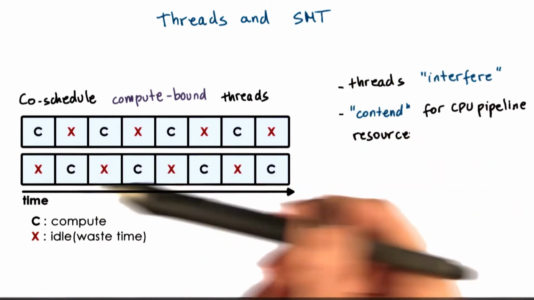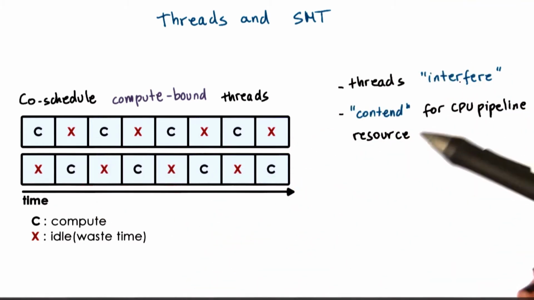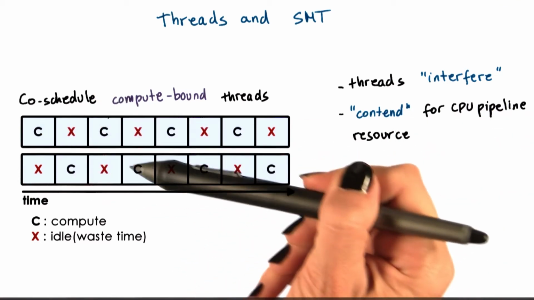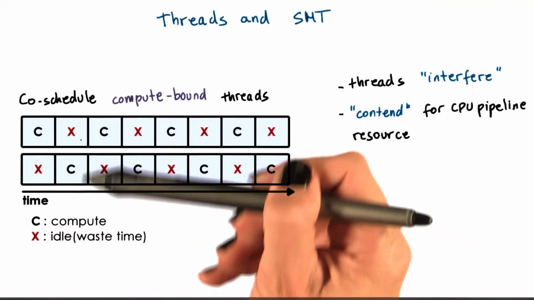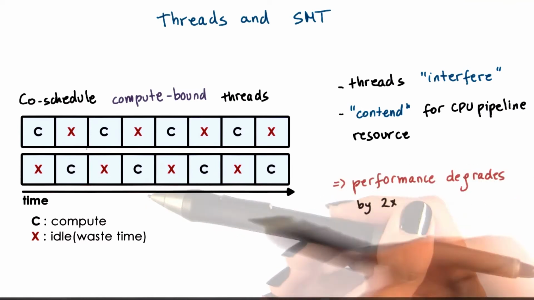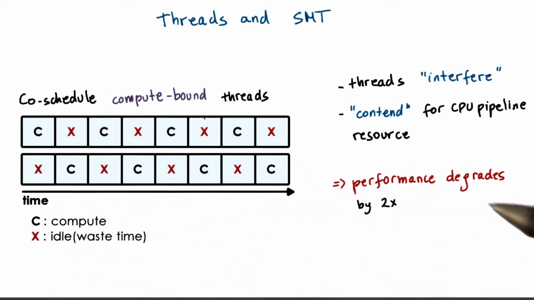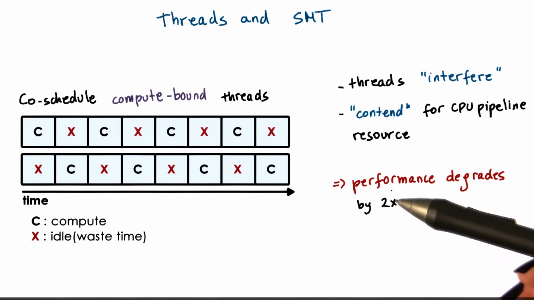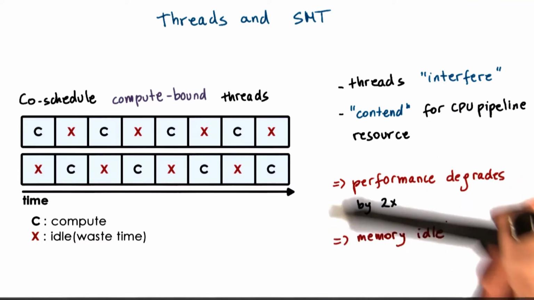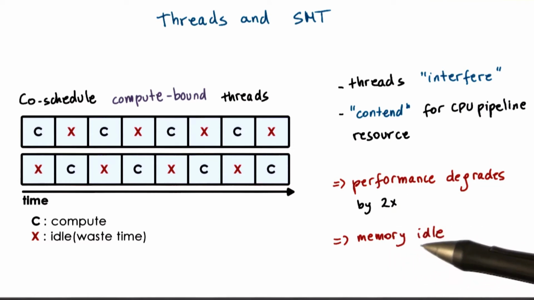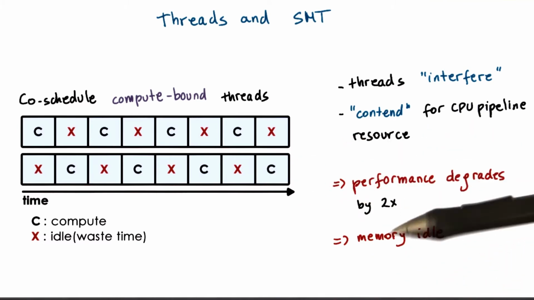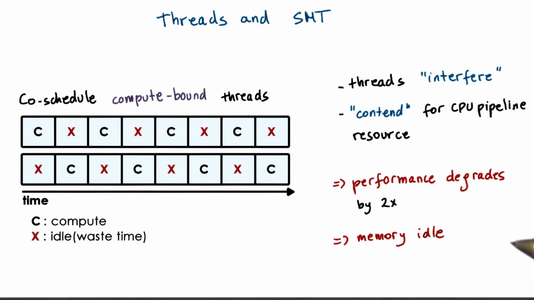As a result, these 2 threads will interfere with each other. They will be contending for the CPU pipeline resources. And best case, every one of them will basically spend 1 cycle idling while the other thread issues its instruction. As a result, for each of the threads, its performance will degrade by a factor of 2. Furthermore, looking at the entire platform, we will notice that in this particular case, our memory component, the memory controller, they're idle. There's nothing that's scheduled that performs any kinds of memory accesses. Well, that's not good either.